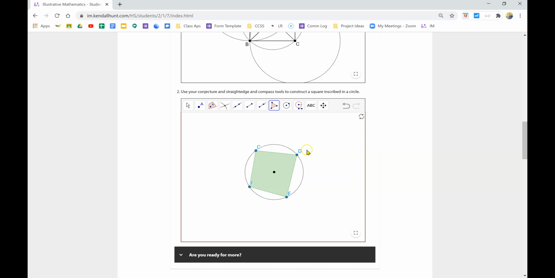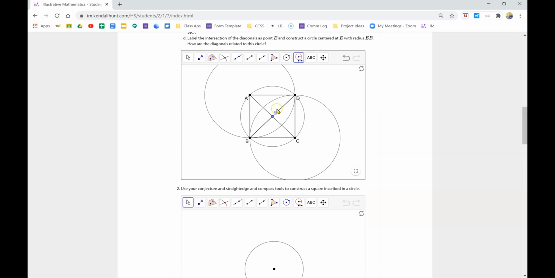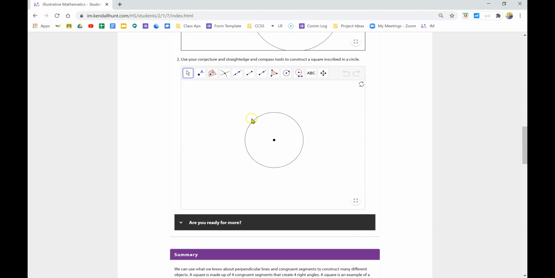Like that. Now, I just did that freehand. You can tell it's not a square. That's not a construction. That's just a freehand. So what you want to do is use what you know from this picture. And what you were supposed to figure out is that the two diagonals of a square are perpendicular bisectors, and that center point where the two cross is the radius of a circle that goes around the square. So if I start with the circle, I should be able to draw a square inside of here by first finding two lines that